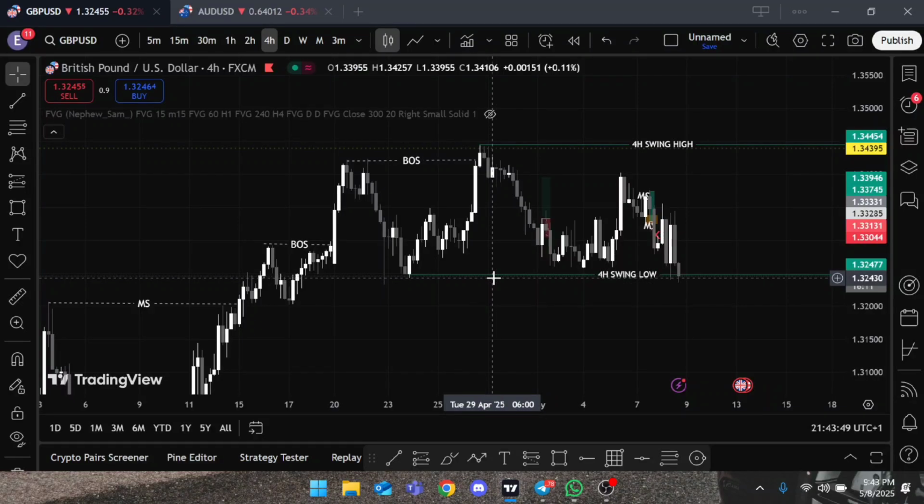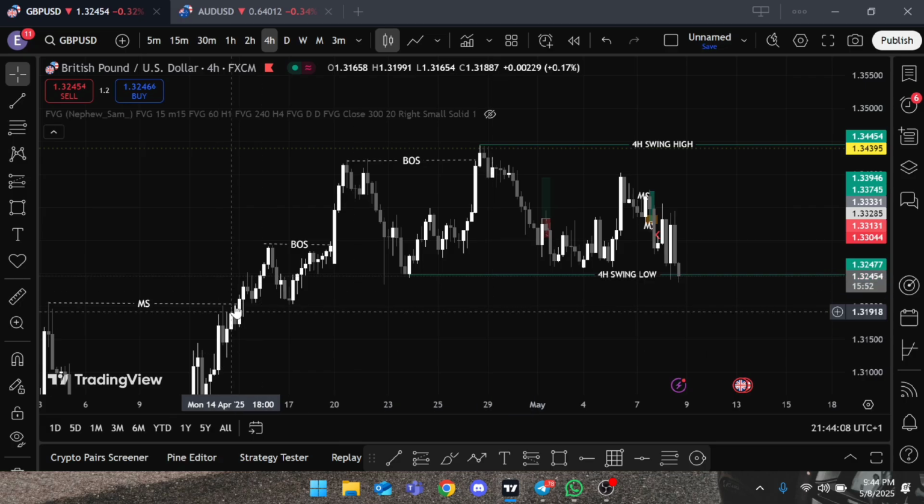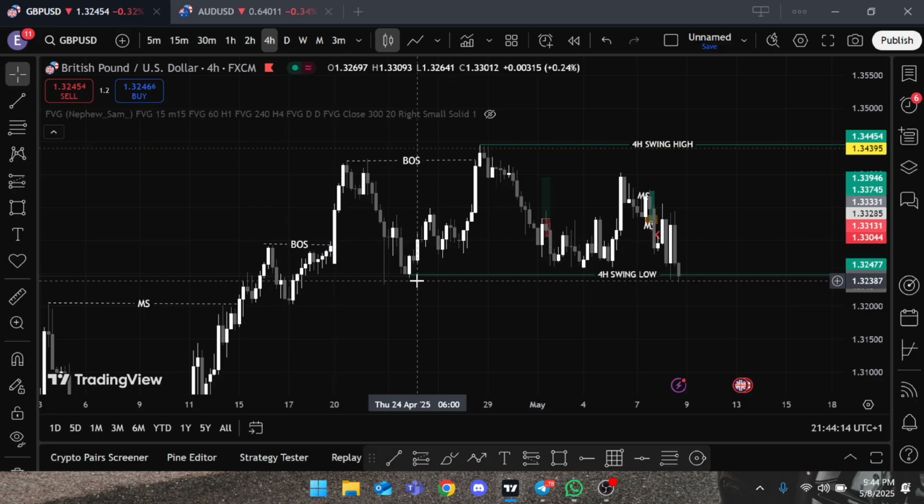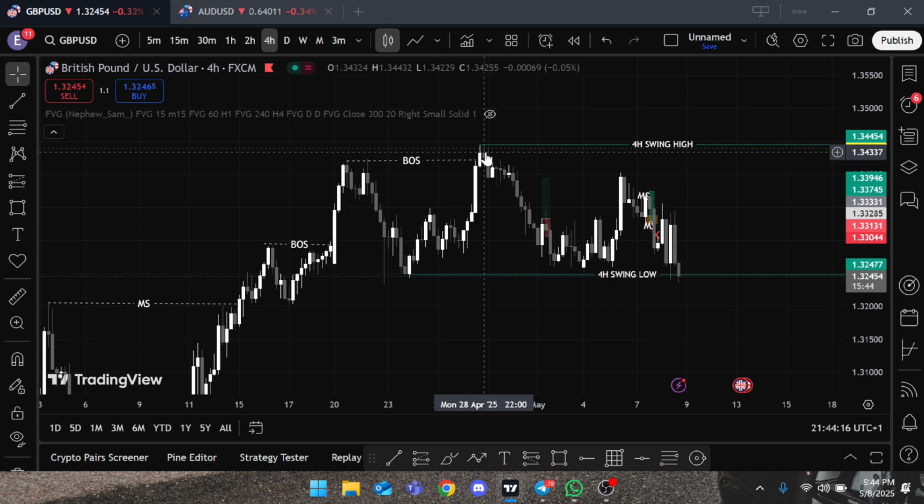So this is why the GBPUSD trade was not it. This was a problem. After much analysis, you come to understand that the trade was not even valid in the first place. So this is the 4-hour candle. As you can see, a break of structure was formed here